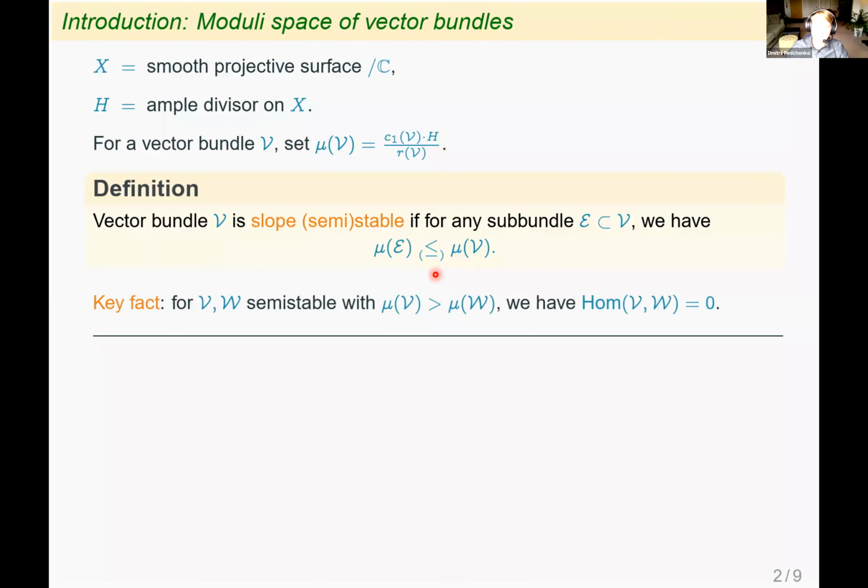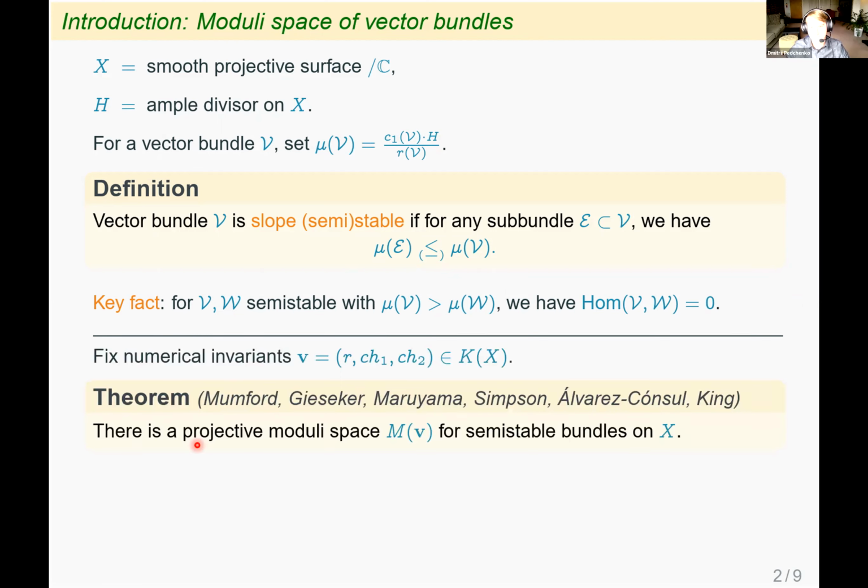Basically, the key fact and the only fact we're going to use about semi-stability is that if you have two semi-stable bundles, V and W, and the slope of one is higher than the slope of the other, then there are no homomorphisms in this direction. And then, of course, everybody is familiar with the following celebrated results of many people: if you fix the numerical invariants of your vector bundles, so in the case of a surface, you might want to just fix the rank and the first two Chern classes or characters, then there is a projective moduli space for semi-stable